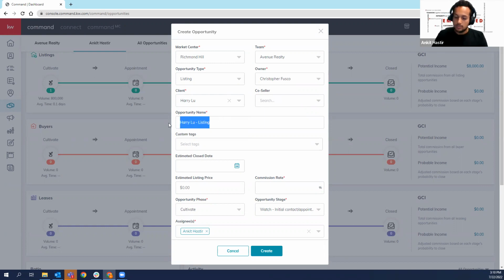So now, how do we input the opportunity name? This is very, very important. I'm going to show you a structure of how you are going to name your opportunities. This is important so that your MCA, who's your market center administrator, is actually able to find your deals. Okay, so your opportunity name will always start with the property address. So let's say it's 123 Maple Avenue,